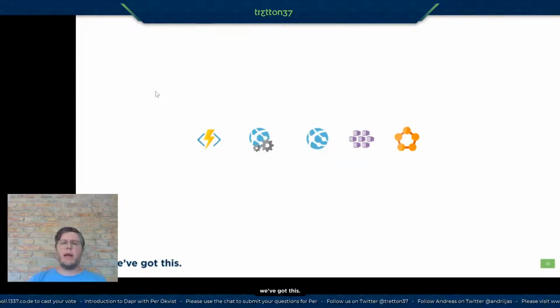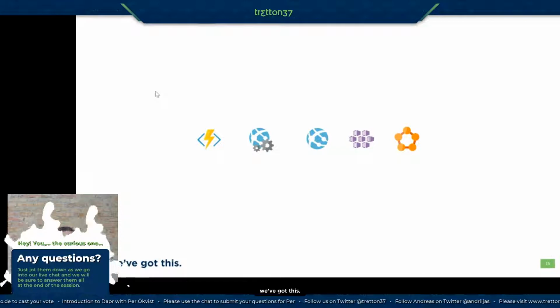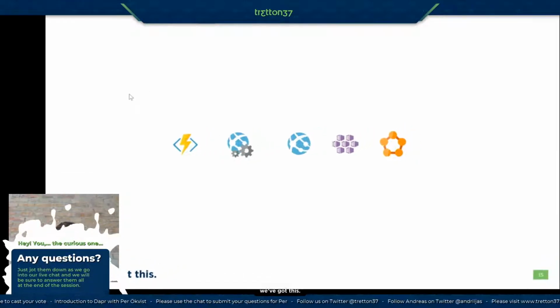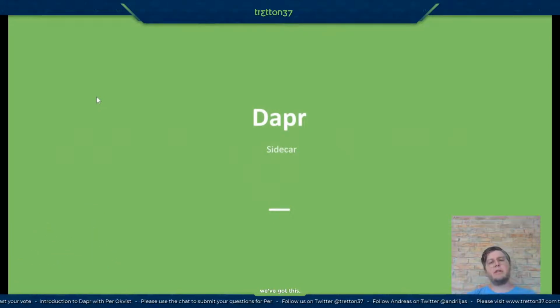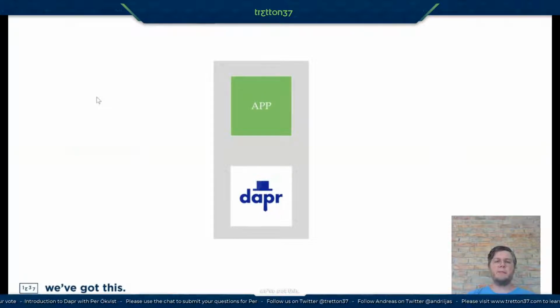So let's see what Dapr brings to the table, both in Azure, and to be clear, these are just examples from Azure. Dapr is something that spans outside the cloud and in multi-cloud environments. So Dapr is a sidecar architecture, a runtime running as a sidecar. So first, what is that? Side by side with your application, you now have Dapr running. This could be a container, this could be in process. But meaning this is now side by side, you could on the local network call upon Dapr.